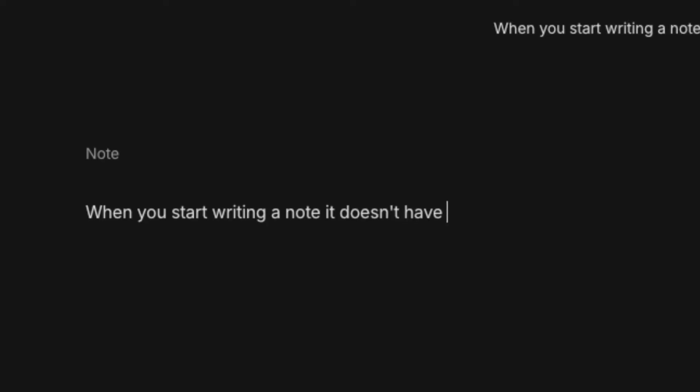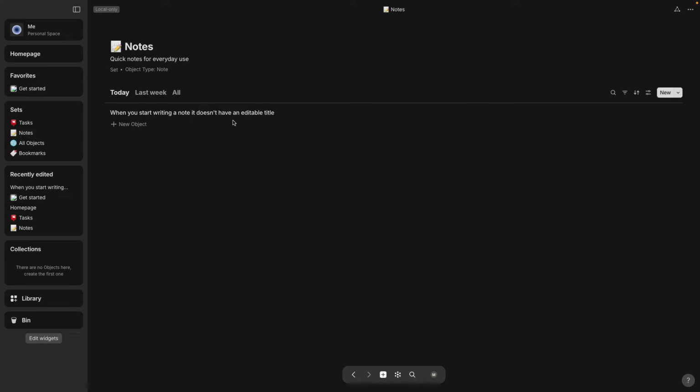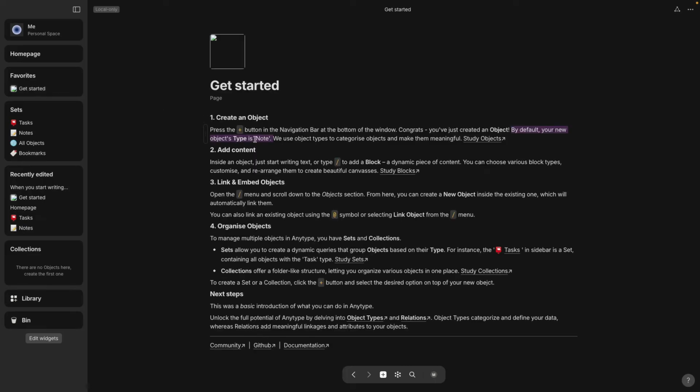And the reason I don't really like using notes is because whatever you type as your content becomes the title of your note, and it's not editable unless you want to change the content. So if we click over here to notes, you'll see that it has whatever I wrote in the note as the title. I actually prefer pages as my default object, so to change that